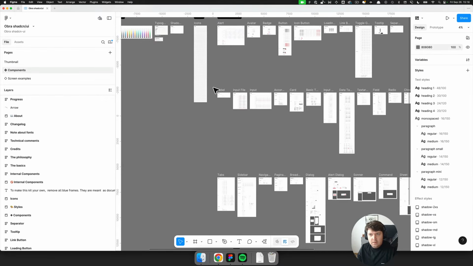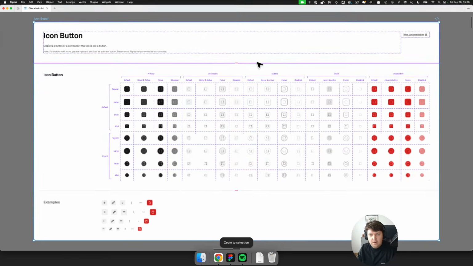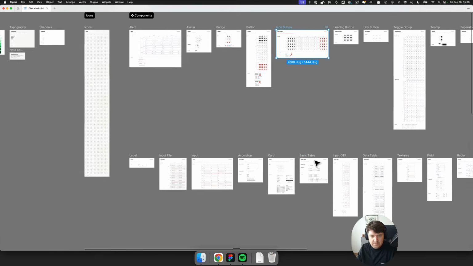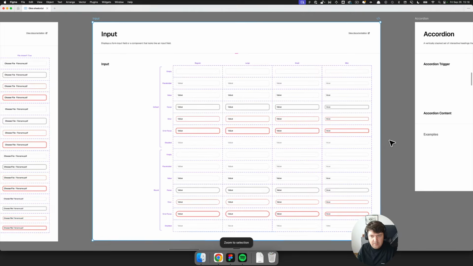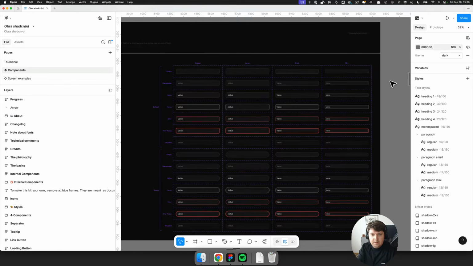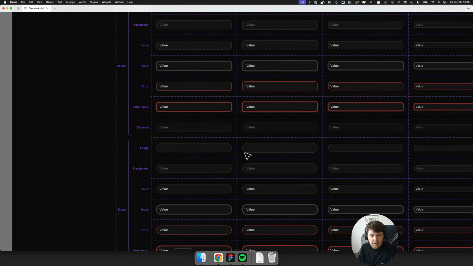And while working on this, I essentially started with the first thing I saw, which is that the icon button now has a rounded variant. And I also saw that the input also has a rounded variant. So we have the input here. And actually, I haven't really checked what it looks like in dark mode, but it should be all right, since essentially the only thing I changed was that I added this roundness property, and I just made a copy of